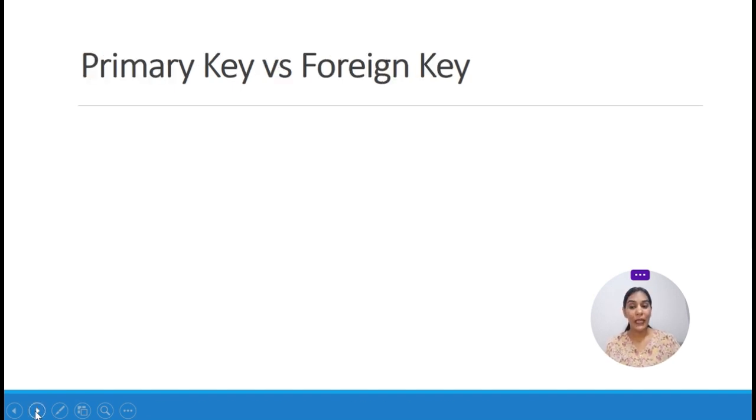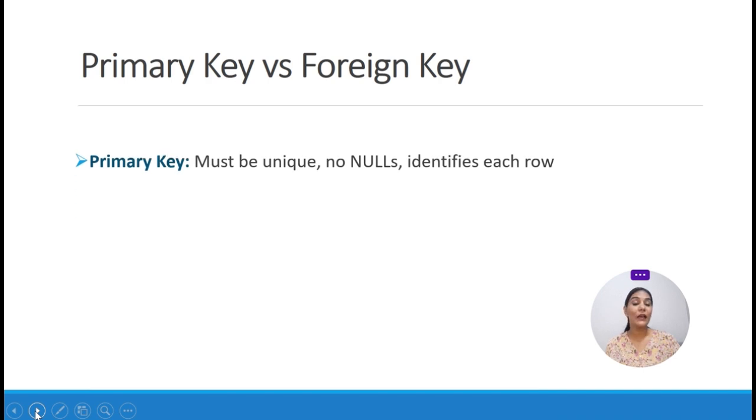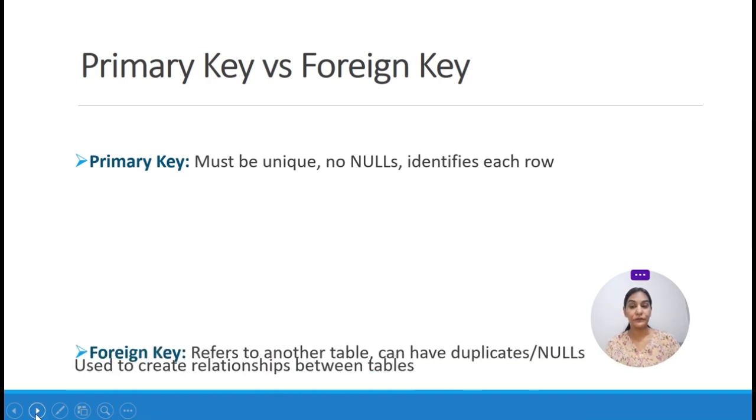A primary key helps us uniquely identify each and every row in a table. Here table means a relation, and along with that it also makes sure that the value does not contain any null. That means the combination of unique plus no null becomes a primary key.